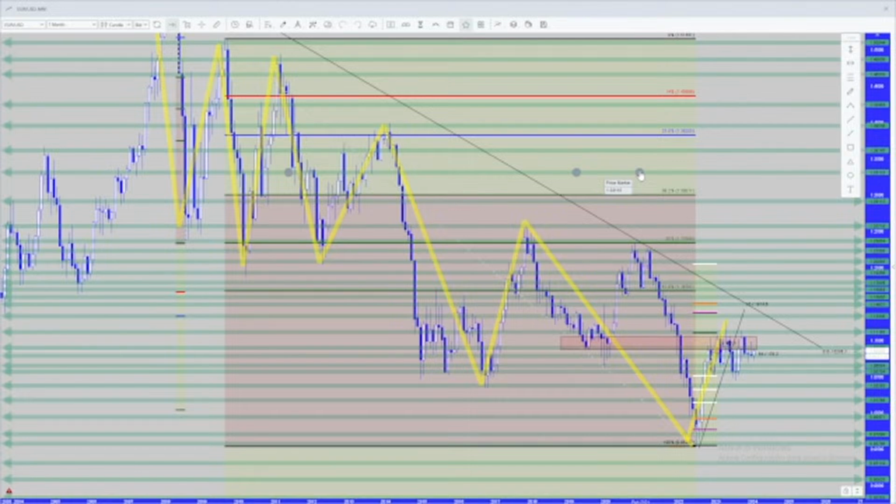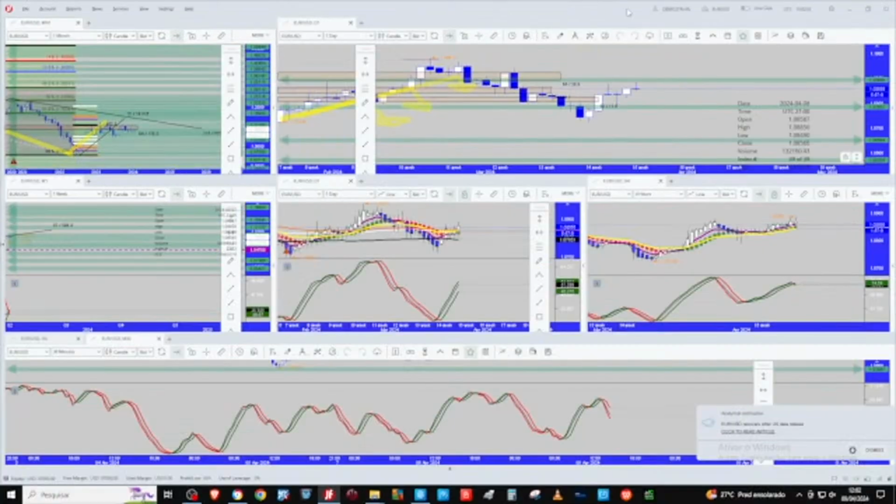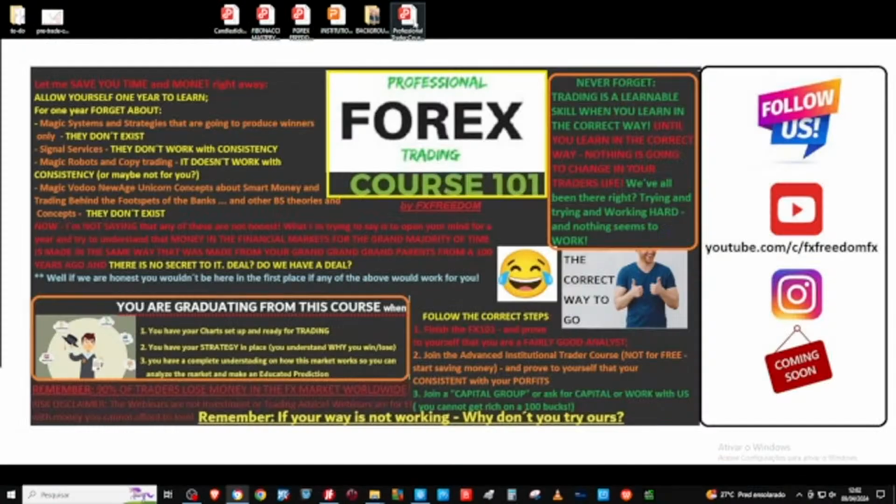Alright, so today we have adjusted the confirmation Fibonacci in an uptrend, right? So, before we move forward,